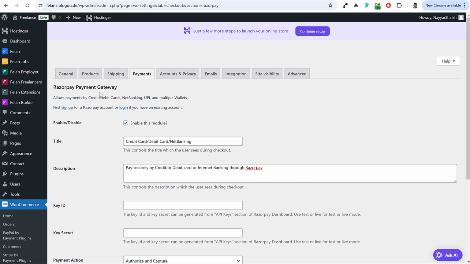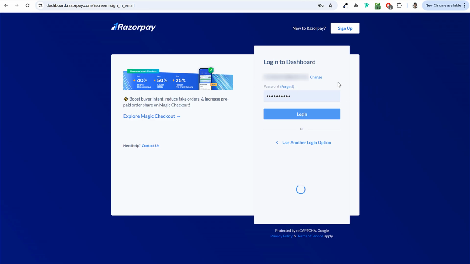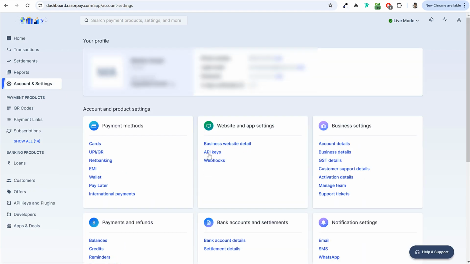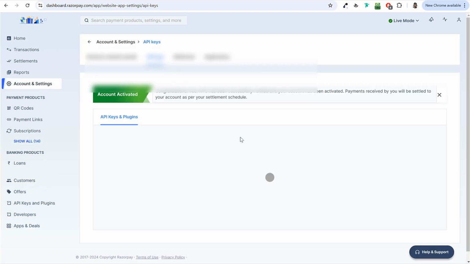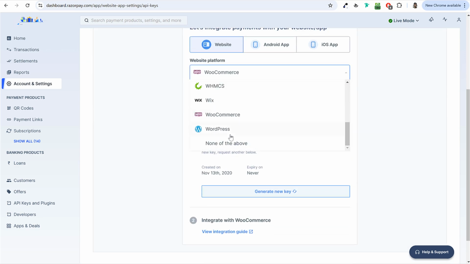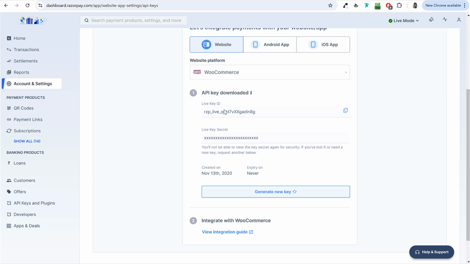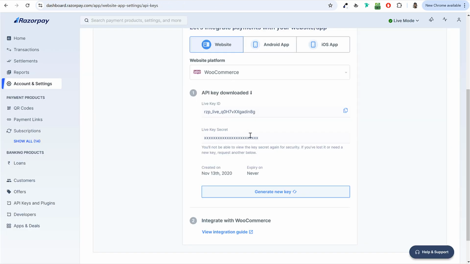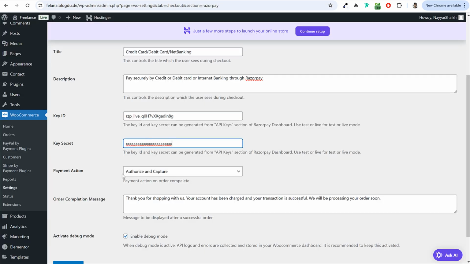So first, to set up Razorpay, I'll go to dashboard.razorpay.com. Obviously, first of all, I'll log into my Razorpay account. Once you log into your account, you will see at the left-hand side accounts and settings. Click on that. Now under this, you'll see API keys. Click on that. And here under website platform, you have to select WooCommerce, which is over here. Once you select WooCommerce, you'll get your API key and secret. So I'll copy the key, paste it under key ID, copy the secret, paste it under key secret, and click